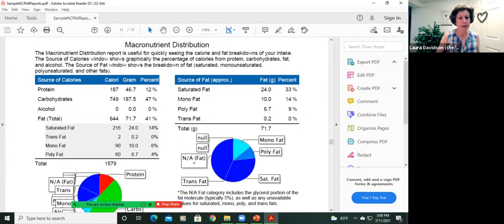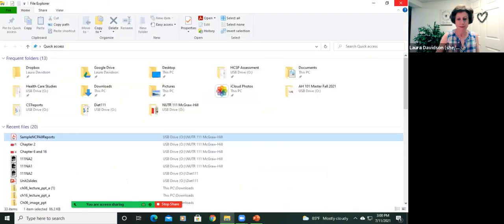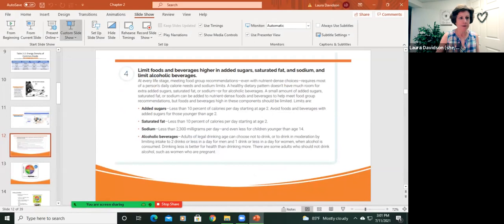But if we look here, we can see saturated fat gave 216 calories, and that was 14% of the total calories. So that's how we calculated it. We got the right answer for that, okay? All right, so back to